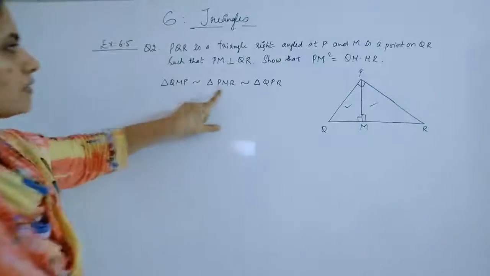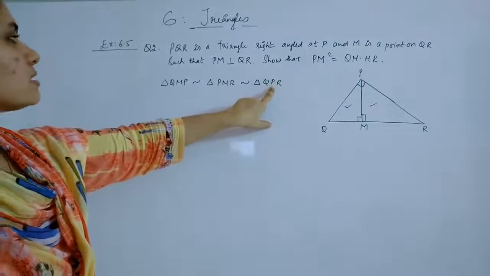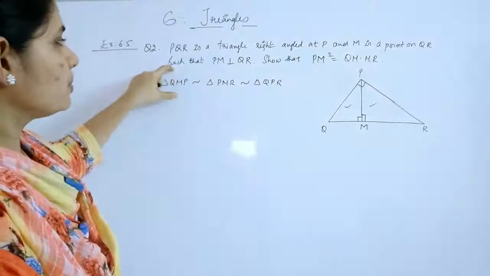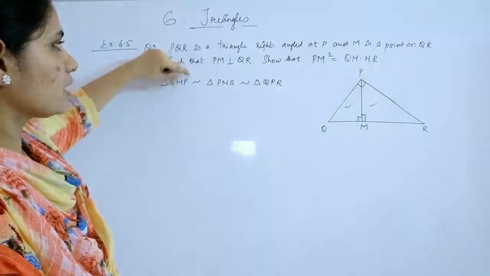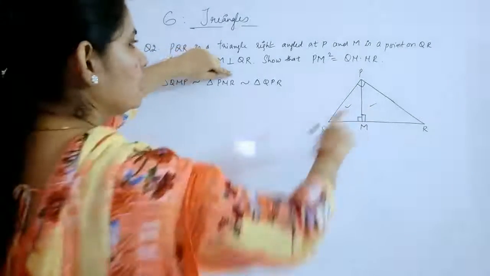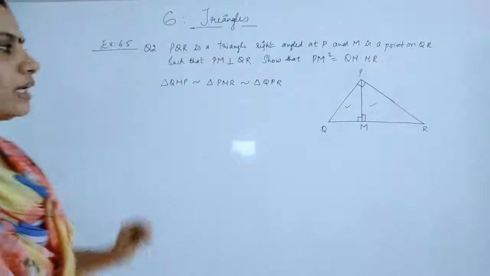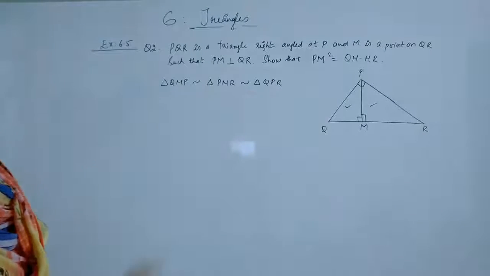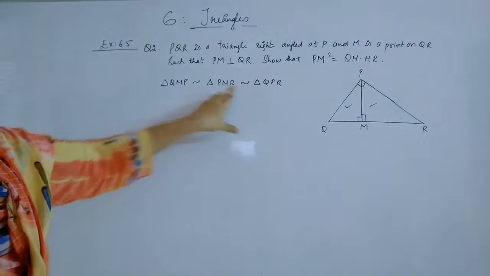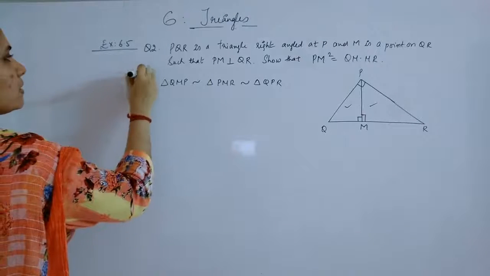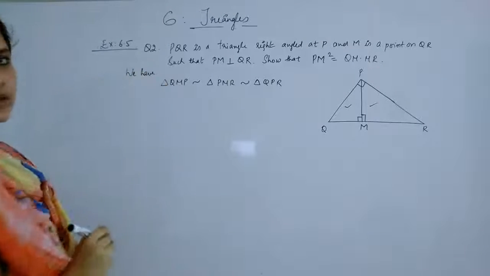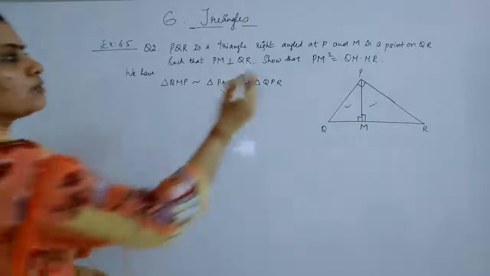See, in the middle I have written that where it is right angled, and QP is acting as the hypotenuse for this triangle, PR is for the other one and QR for the third one. Okay, like that I have written in the sequence. So this sequence should not be wrong. So we have this concept by a theorem, and you have to see the question.